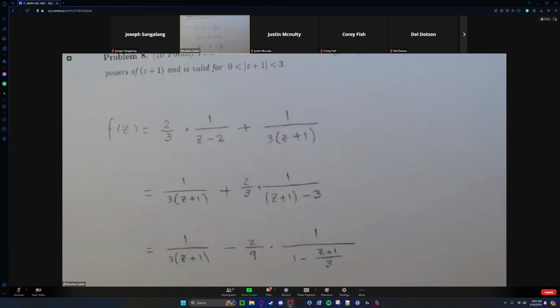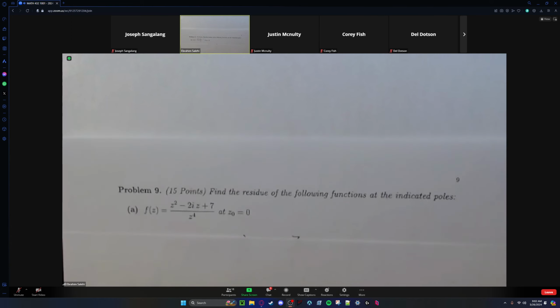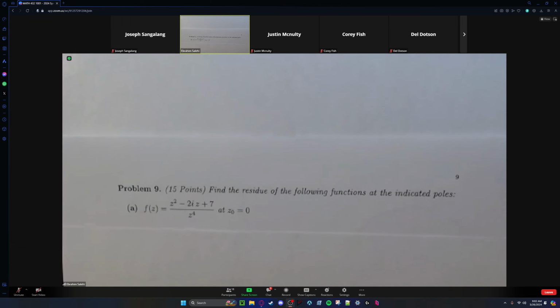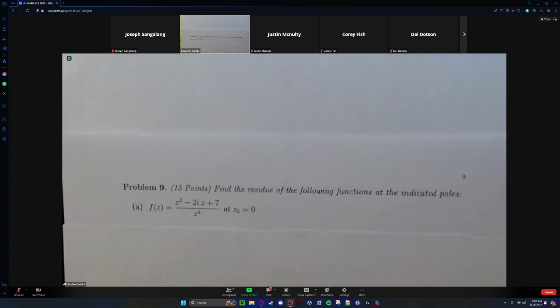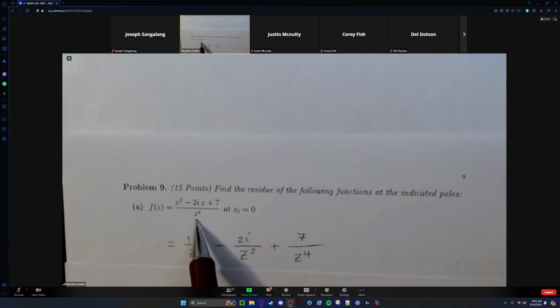Number 9 is about finding the residue at given singularity. Okay. Oh, this is pretty obvious. In numerator, you have a polynomial. In denominator, z to the 4. So if you write it in this fashion, this divided by this divided by this one,